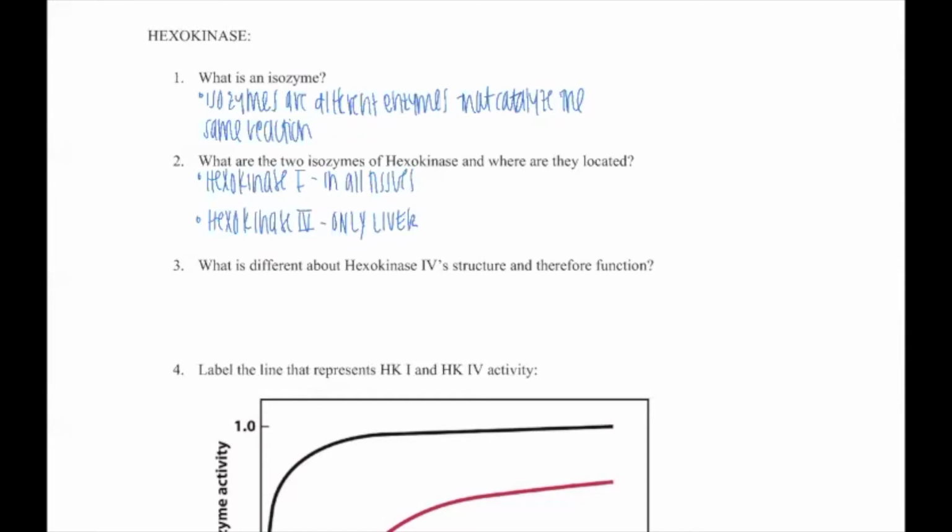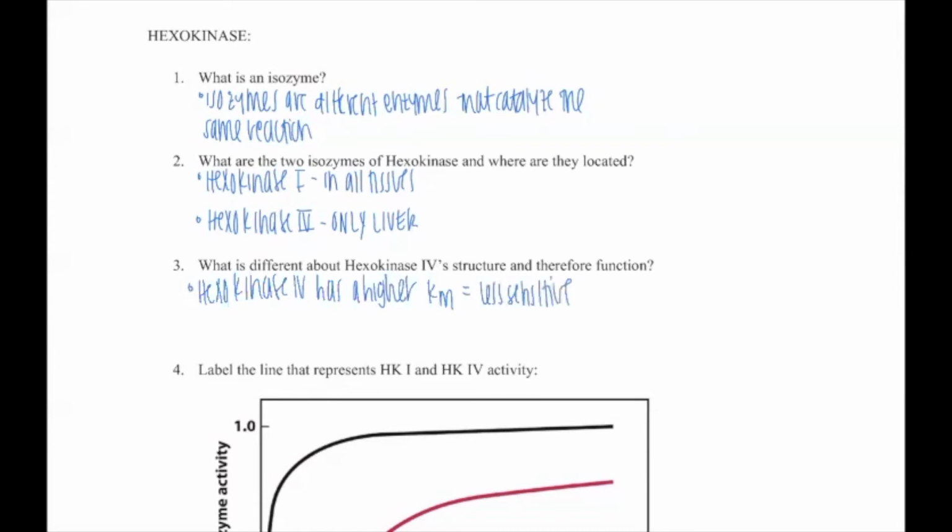And this different function is that hexokinase 4 has a higher K sub M, right? What this means is that this particular isozyme is less